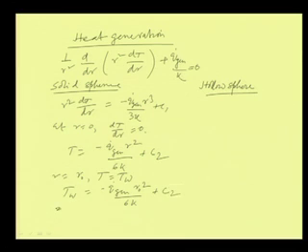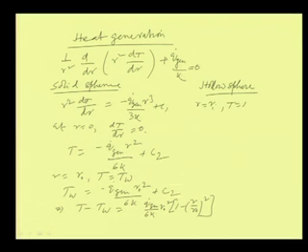So, by this way we can find out that T minus T_w is equal to q dot gen by 6k r naught square into 1 minus r by r naught whole square. Okay. Now, exactly in the similar way we can find out the temperature profile for hollow sphere. Only thing is that here the boundary conditions will be different. At r is equal to r_i, T will be equal to T_i, and r is equal to r_o, T is equal to T_o, and based on that we can find out